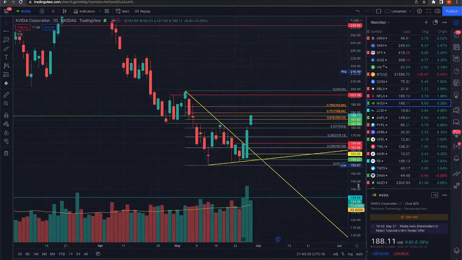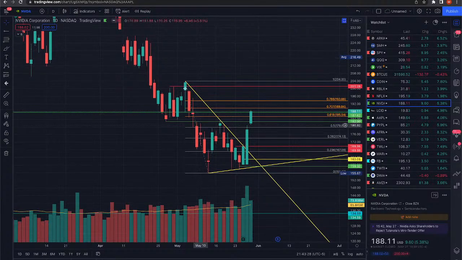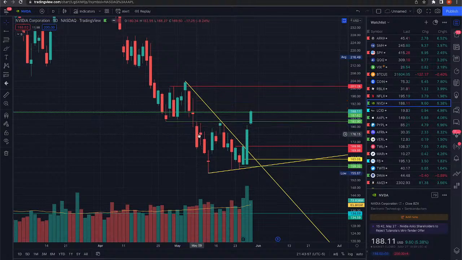Plus, the other thing that I was going to show you guys was this last daily downtrend. This is already at the 68%, right? So that's a really strong move, super strong move. If it does pull back, more than likely it will continue up. So that's what I like there on NVDA. So let's look at the weekly, see if that looks strong as well. So we got a couple plays,